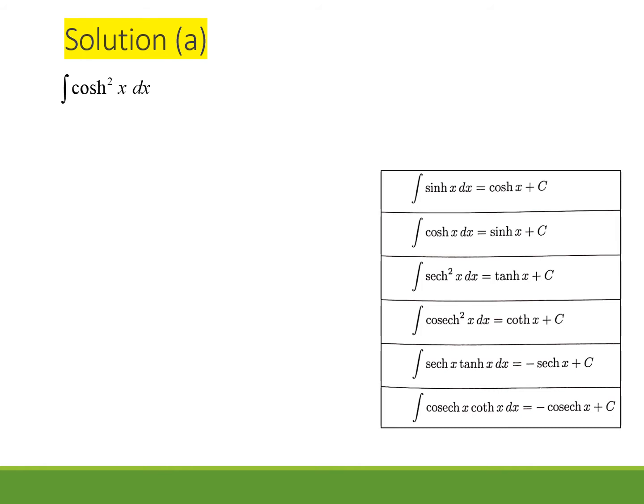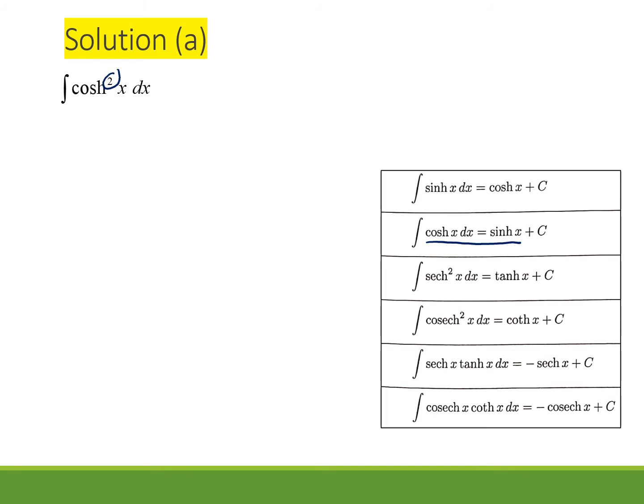So if you refer to the formula of the integration for the hyperbolic cos, you will get the integration of cos hyperbolic x equals sine hyperbolic x. However, for this case, it is not cos hyperbolic x, it is cos hyperbolic square x. So we cannot directly use the integration. So what we can do is we use the identity of hyperbolic functions,